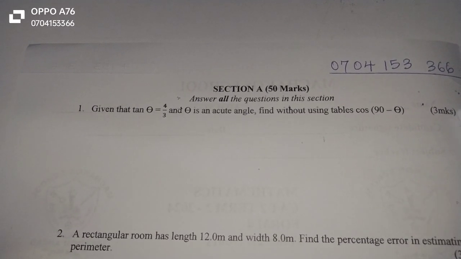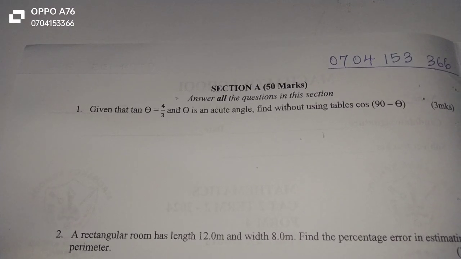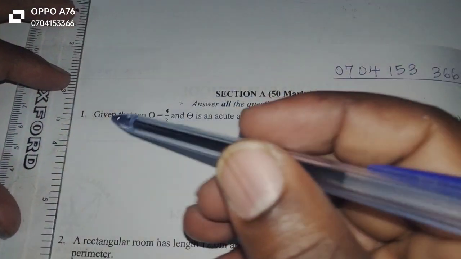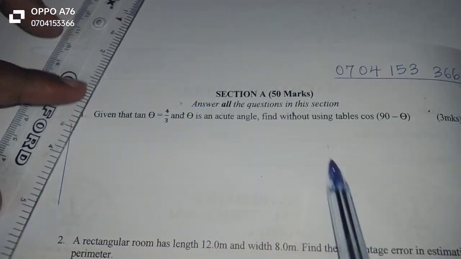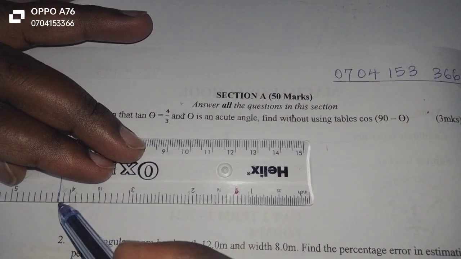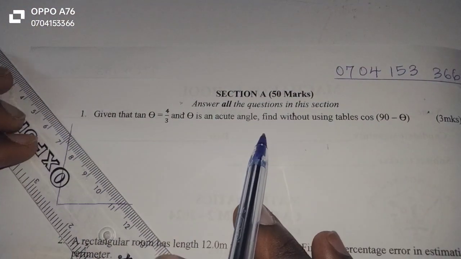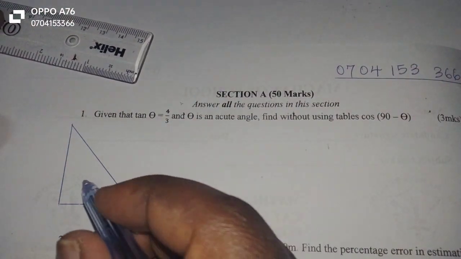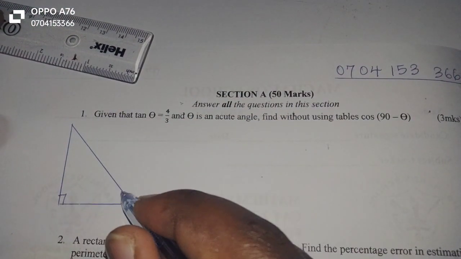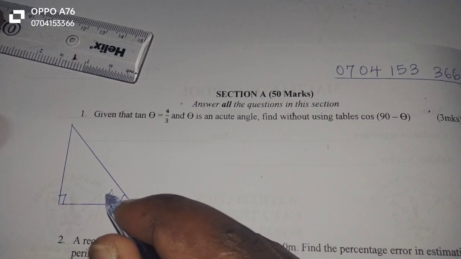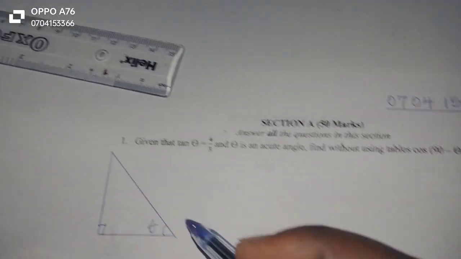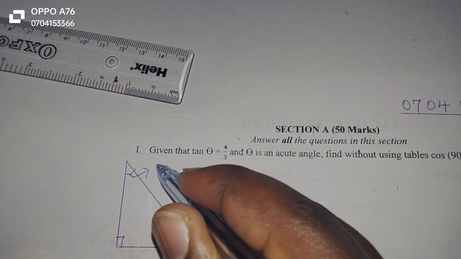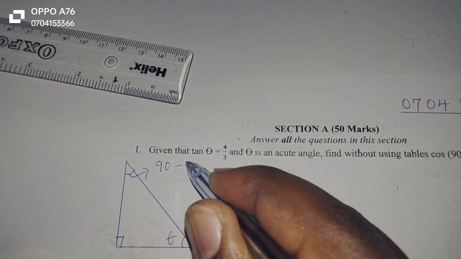So how to handle this question? I usually encourage students to first of all sketch. You just come up with a simple right-angled triangle whereby you're going to assume one of the acute angles is our theta. Then automatically, the value of the angle at the top here is 90 minus theta